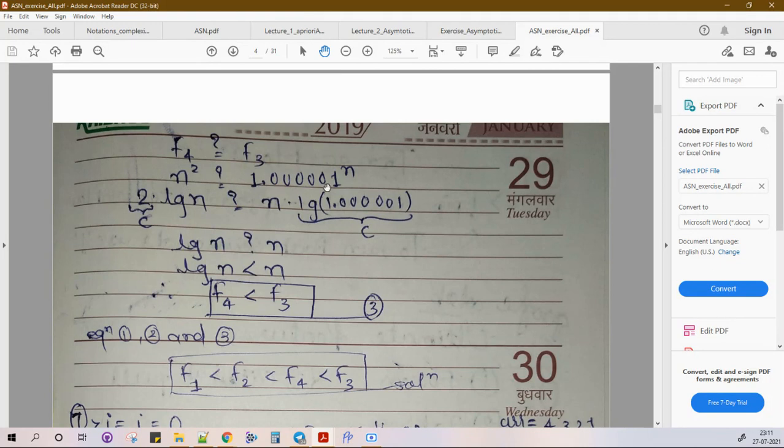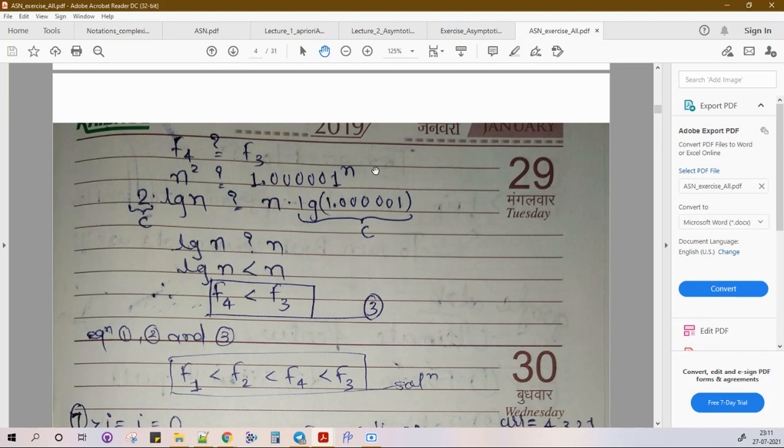So you can argue that this is a very small term, right? 1.00001, so this is nearly equal to 1. So 1 to the power n is also 1, but no, it won't hold true. Let's see how. If I take log on both sides, I have 2 log n, and I'm having n log